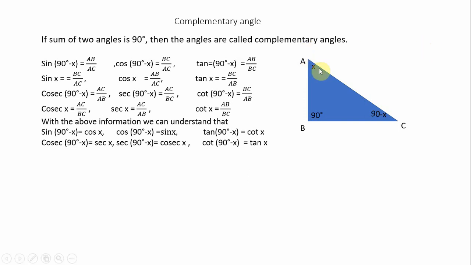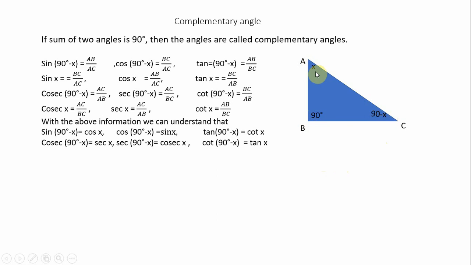If we do not know any of the angles, let us assume that angle as x and the other angle as 90 minus x. Remember children, when one angle is 90 degrees and one angle is x, obviously the third one is 90 minus x. This concept is also used in similar triangles, which you will learn later. But first remember that one angle is 90 degrees, the other angle is x degrees, then the third must be 90 minus x, because the sum of three angles of a triangle must be equal to 180 degrees.